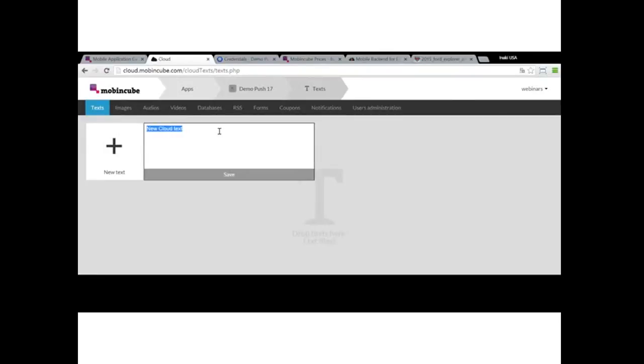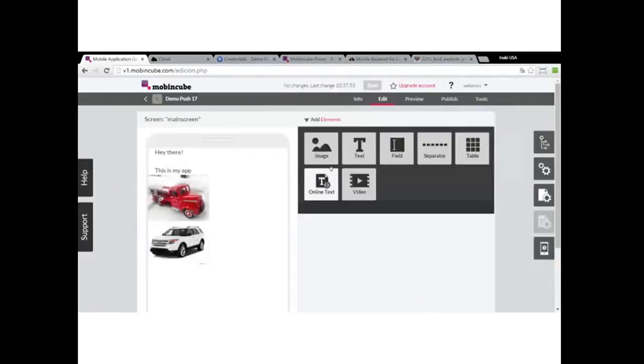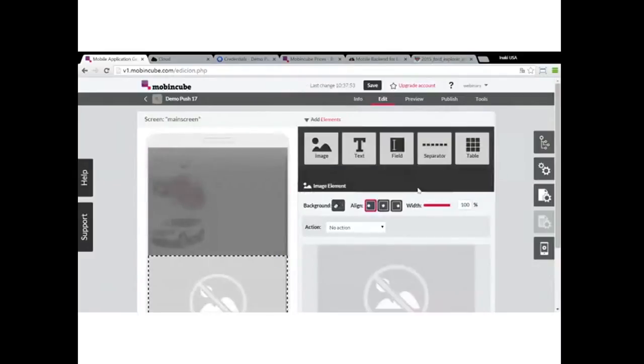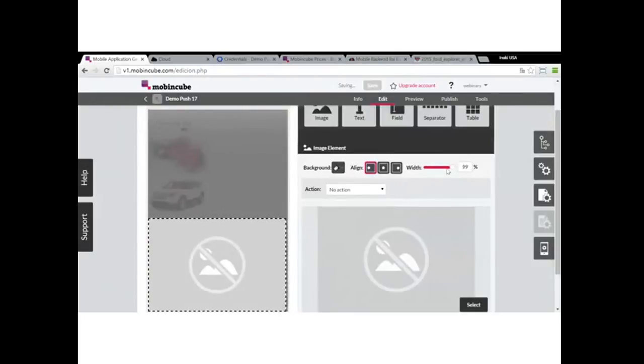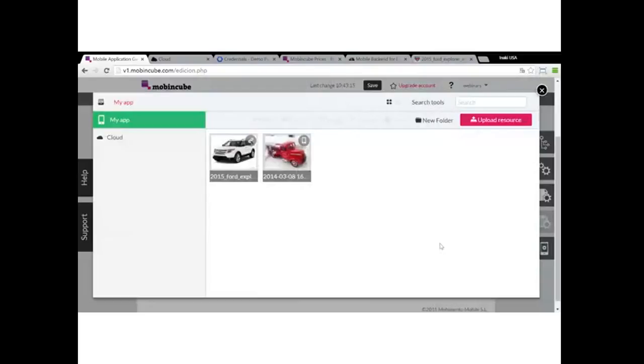Okay, I'm going to add a new text. Click on change, and we will write, "Hi, this is an online text." Click on save. Okay, and if now we go to MovingCube, first I'm going to use a picture,